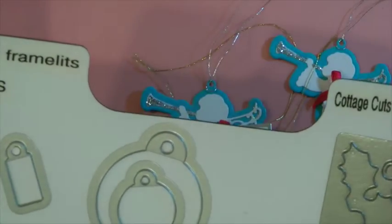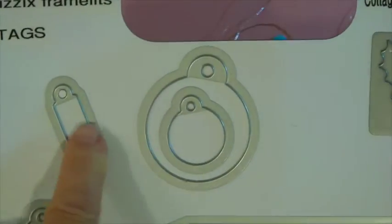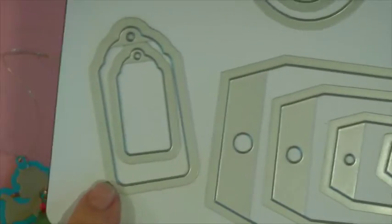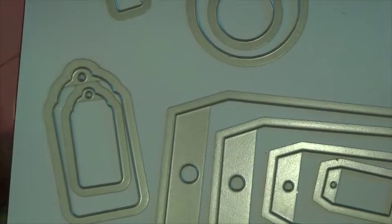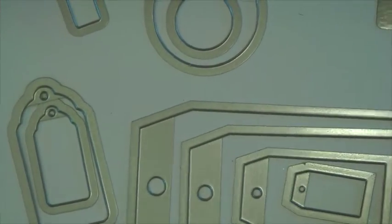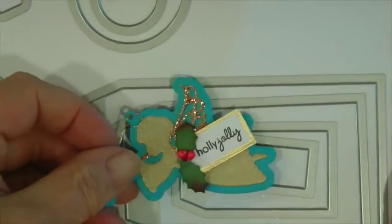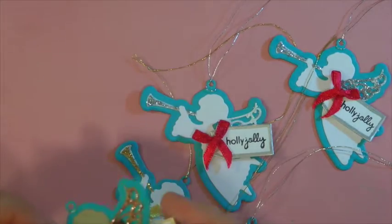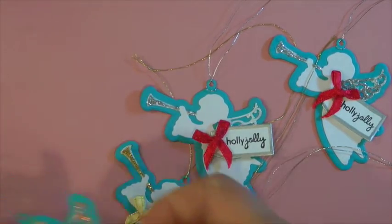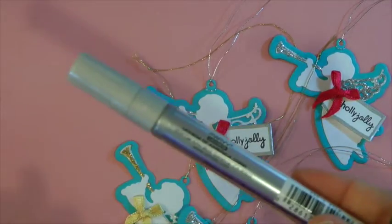It's Sizzix Framelits tags, and it comes with all these here. And I used this one here for the tag. This one was just a little bit too small, so I used this one, and this is what it came out like. And what really helped was I rimmed the tag with either the gold or the silver